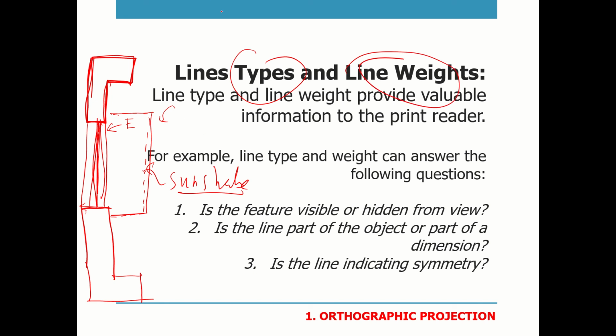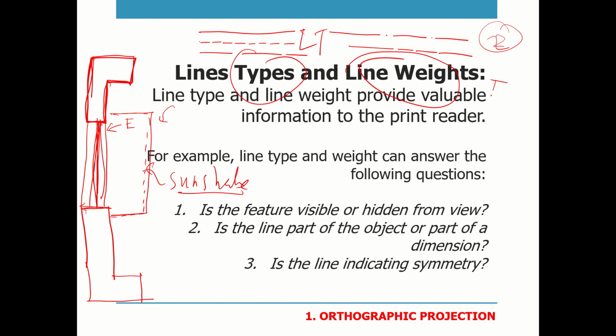Types, I think you must have realized by now. One is a continuous line. It can be a dash, a close dash like this. It can be with different spacing. There's a section line, something like this, and a type of line like this. There are multiple different types of line. I think you will have classes on that also, maybe very soon. Otherwise, we will discuss it in detail sometime. This is about line type.